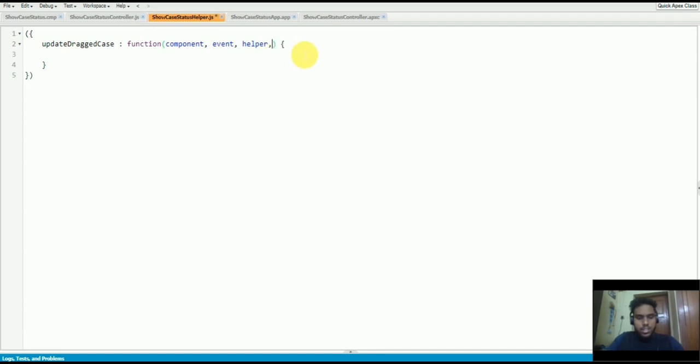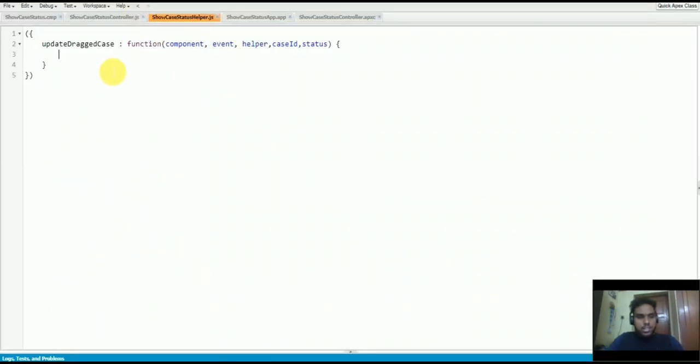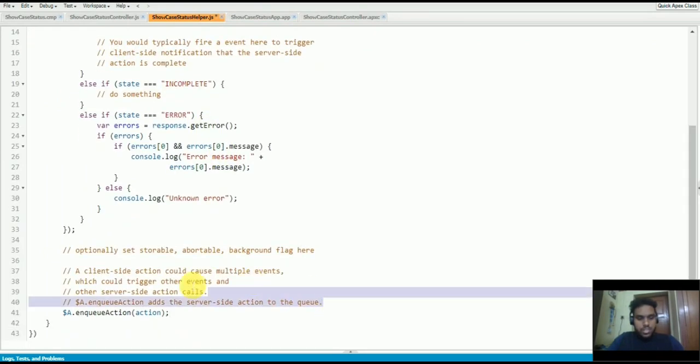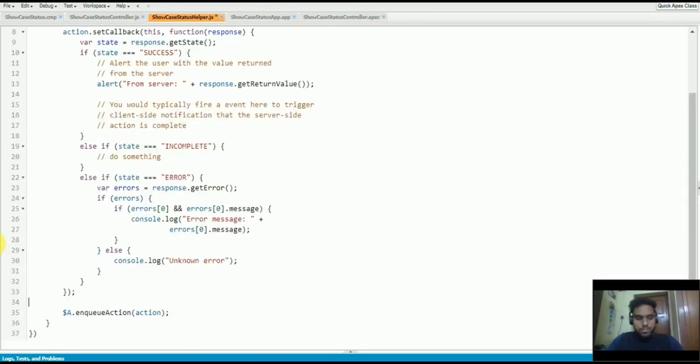And here I should get the case ID which needs to be updated and also the status of the case which needs to be updated. And in this function I'm gonna call my Apex class here. As I said, you can get the code from the official documentation and just paste it here and remove the unnecessary things here.